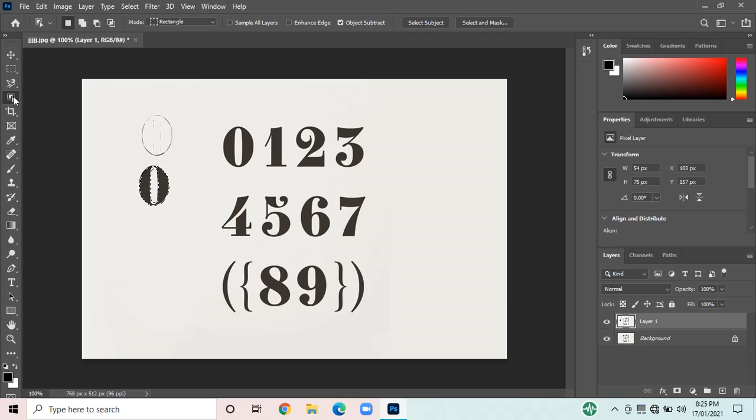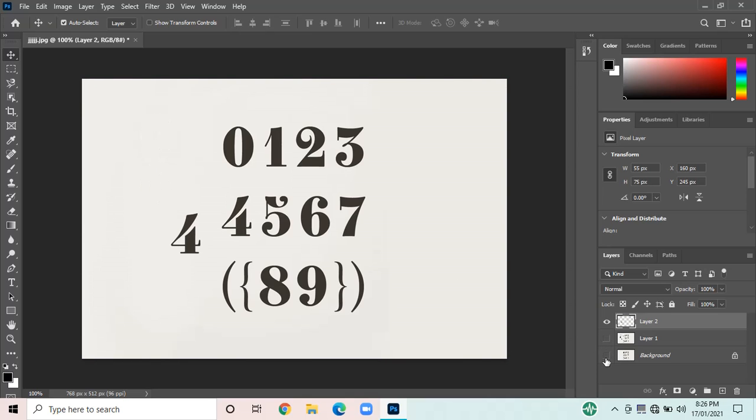Let's see. I've selected the object selection tool and I am moving it towards this 4, and I will be releasing it. You can see it automatically detects the boundary of a particular part of the image and selects it. Now we can move it, or we can simply generate a new layer by pressing Control J. So a new layer is formed. This is the new feature which is added and it is really an awesome one.